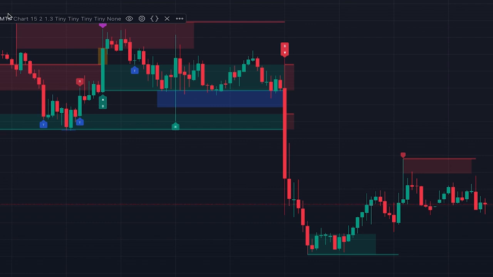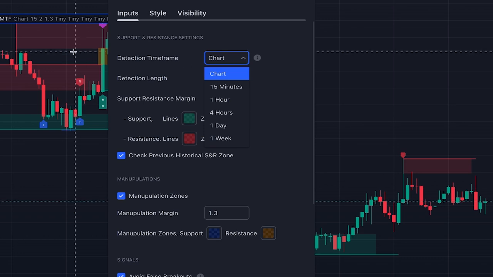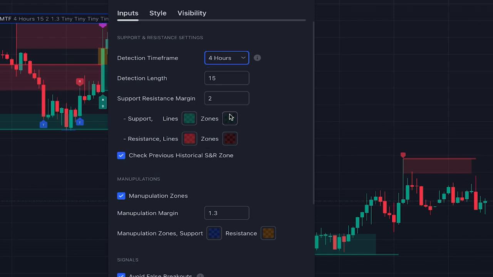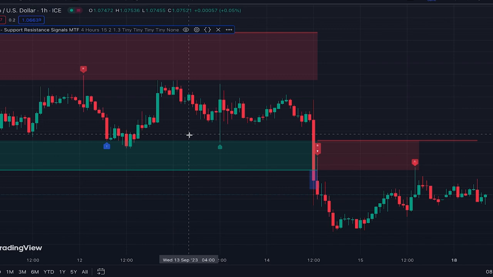This indicator also provides multi-time frame functionality, which allows us to have the support and resistance levels and other signals from a higher time frame perspective, so we can be aware of major support and resistance zones on higher time frames. For this purpose, here we can change the time frame of the indicator so that the calculation will be for that time frame. For example, at the moment we are on 1 hour time frame, and let's set it on 4 hours time frame, and now these are support and resistance zones and their associated signals on a higher